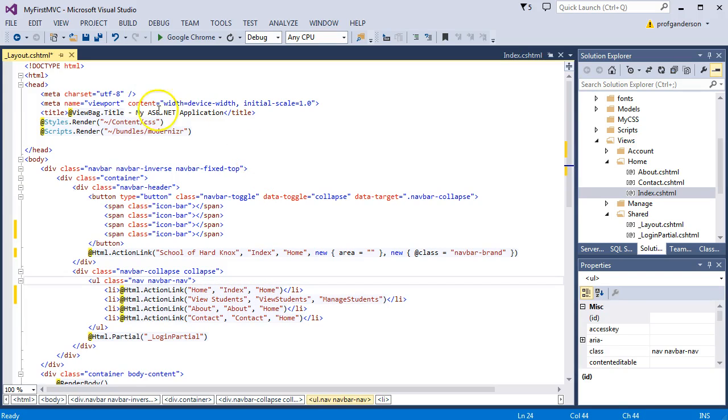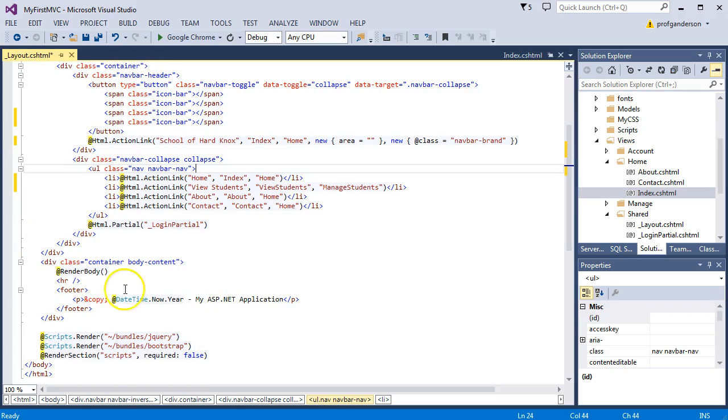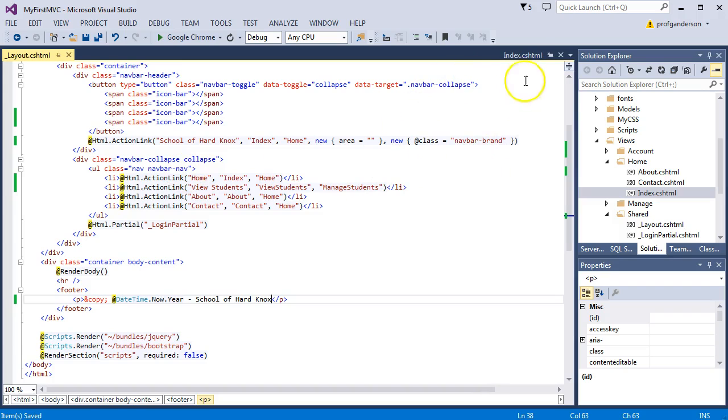Now that we have the underscore layout page set up, which will control our menu, let's also come down to the footer, and we can display the year, but where it says My ASP.NET application, let's change that to be School of Hard Knocks. And then we'll leave everything else the way it is. Click Save. And now let's go back to our